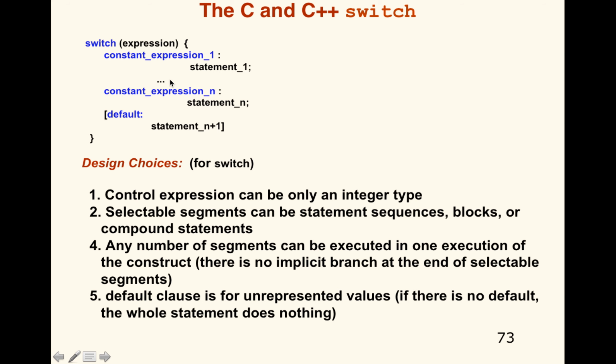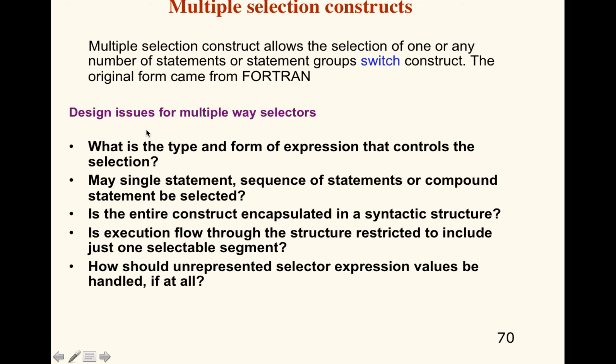If you don't put a break in between, multiples will select. You can try it out at home, or if you haven't worked with case switch in a while, leave out the breaks and see what happens. You're going to get multiple selections. The first one that's true executes, and then everything past that will execute. That's what they call a multiple way selection. We turn it into a single way selection when you put the word break in between each one of the cases. So after case number 1, break, case number 2, break, case number 3, break, and you've turned the multiple into a single.